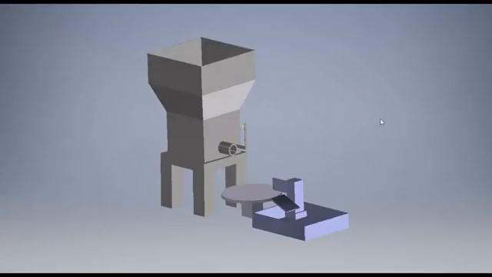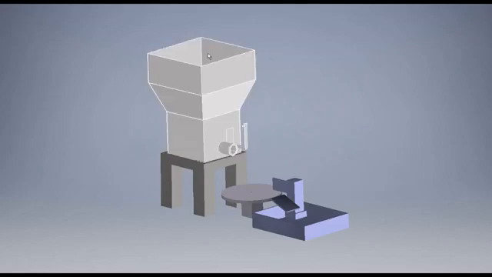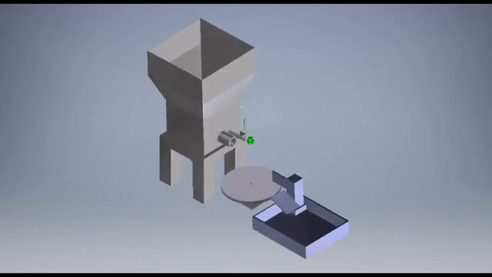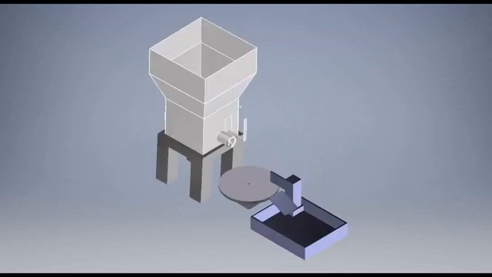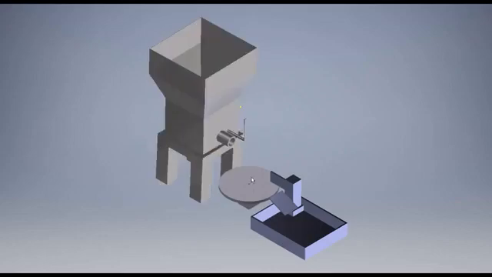So this is the 3D model which we built in Autodesk Inventor 2019 for our laddu making machine. In this model, we have four subsystems. This is subsystem 1, which contains a hopper and a helical screw placed inside it. And this is subsystem 2, which contains a cylindrical pipe outlet, a blade holder, and a blade.